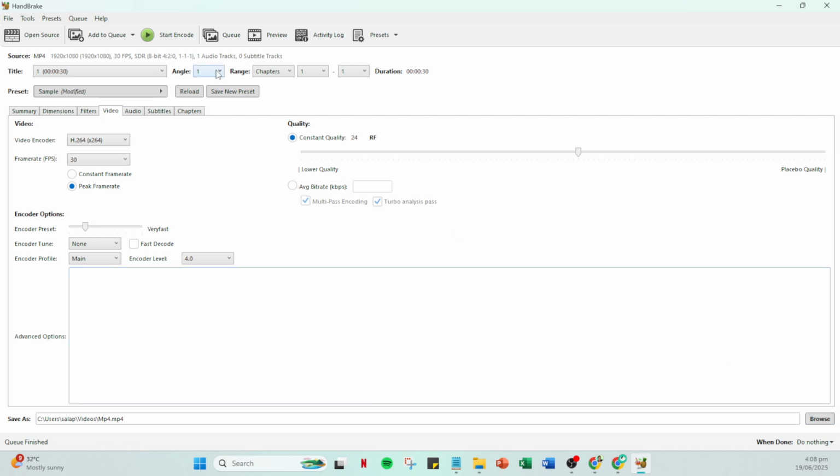When you're happy with your settings, go ahead and click Start Encode at the top of the interface. This button initiates the process of cropping and encoding the video with all the settings you've chosen. Depending on your computer's performance and the file size, this could take some time, so be patient. Once Handbrake completes the process, you'll find a new video file saved to your specified location, featuring the beautiful crop